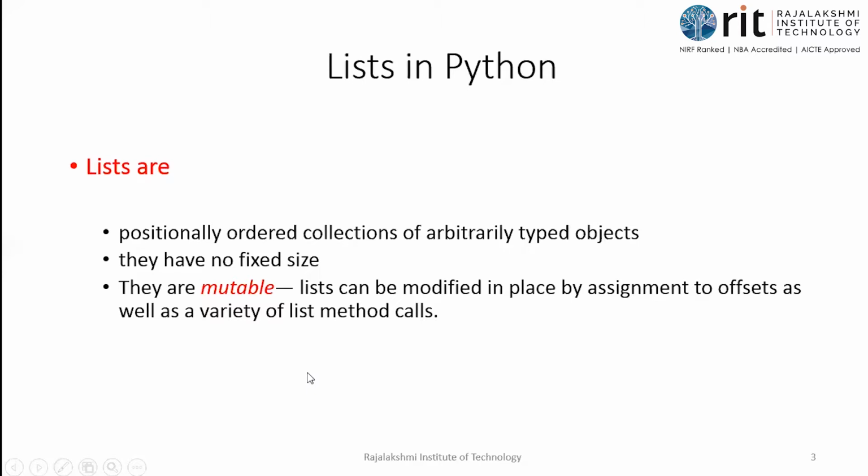No fixed size. This is because I can grow a list or shrink a list, which means the number of elements in the list can be increased or decreased. I can remove a particular value from the list, I can add a value, or I can add a number of values to the list. List is modifiable, isn't it? So I can do all those corrections. That is also called modifying the list. Or if we change the value that is already existing, that is also called modification. So all these are possible. List is a mutable type. So this is very, very important in Python.